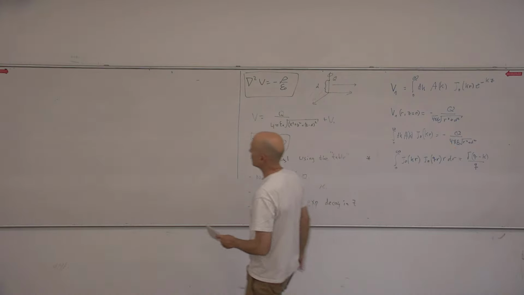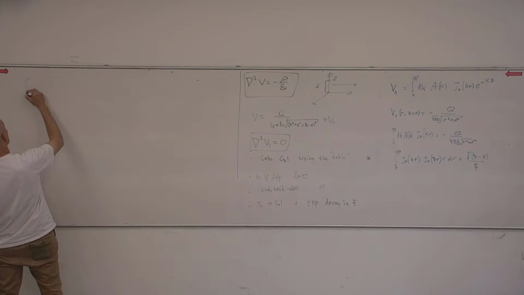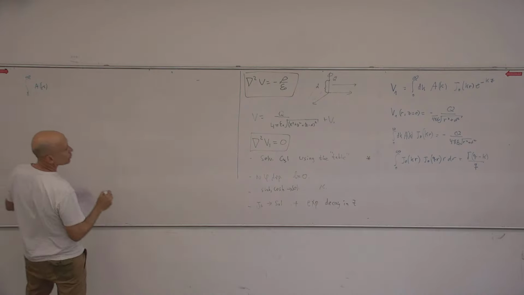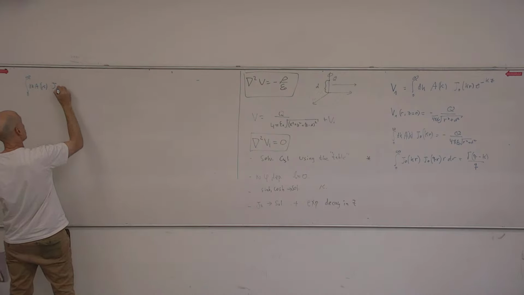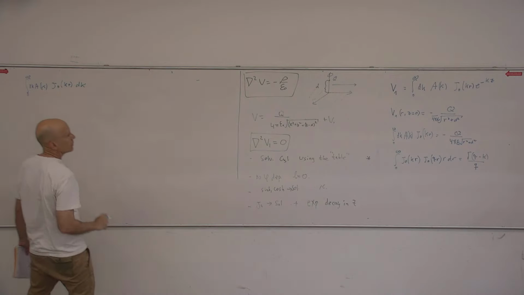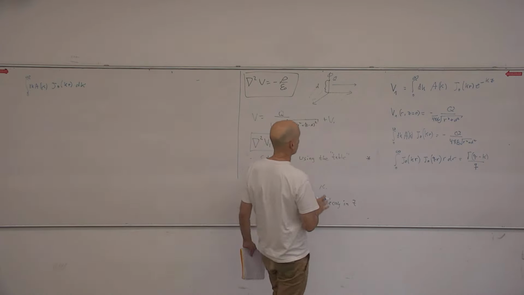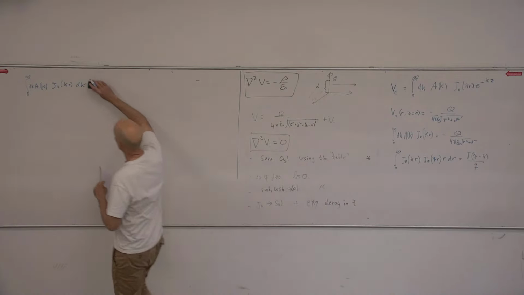Let us write it so I won't make silly mistakes. Integral AK, dk J0 KR dk. I wrote dk twice. This is equal to